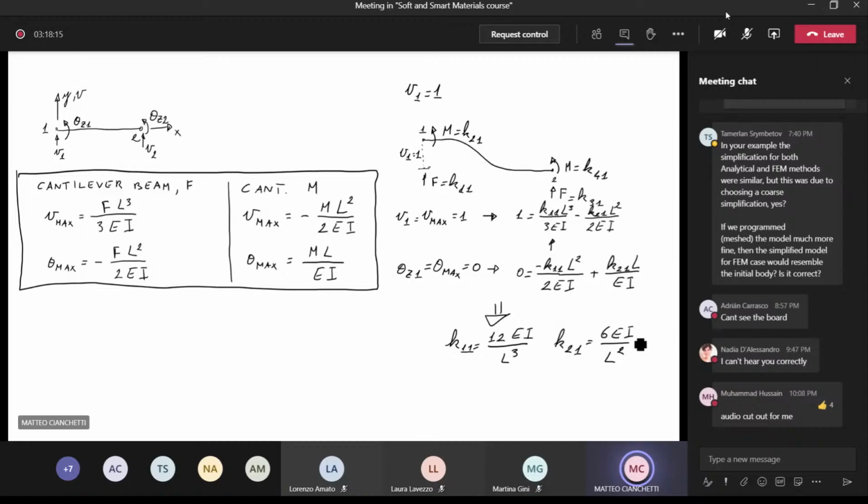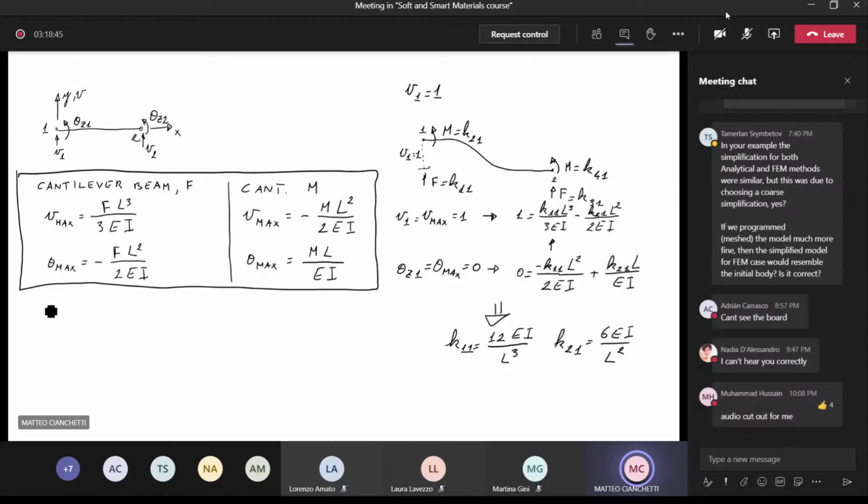If you give me another 2 minutes, I will finish this part so that we can then pass to the other module next time. So we now have a definition of K1 and K21. Of course, what you are expecting is that we have to define 4 Ks, right? Because we are defining the first column of the stiffness matrix. How can I take the other 2 Ks? Well, with the